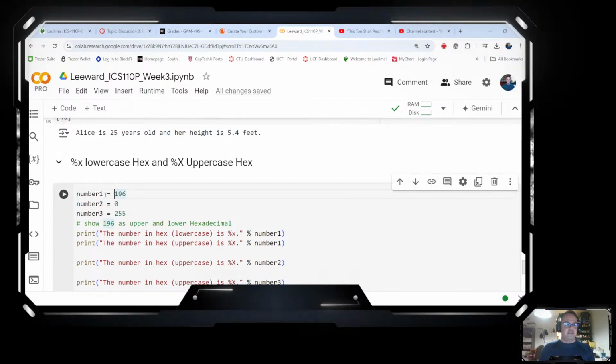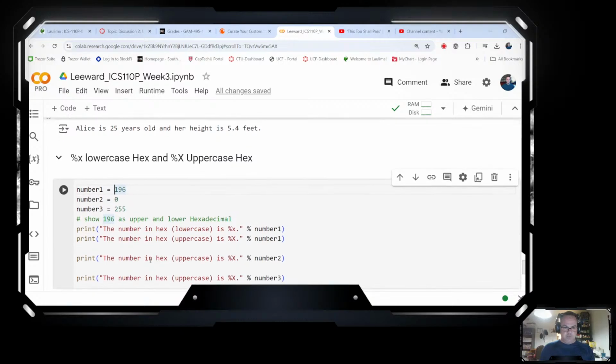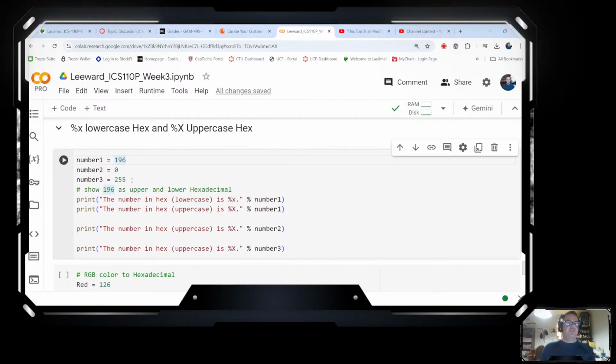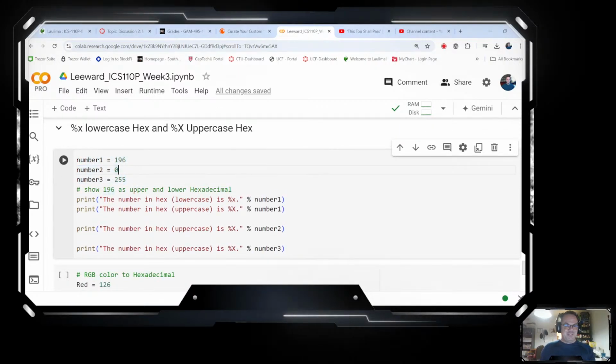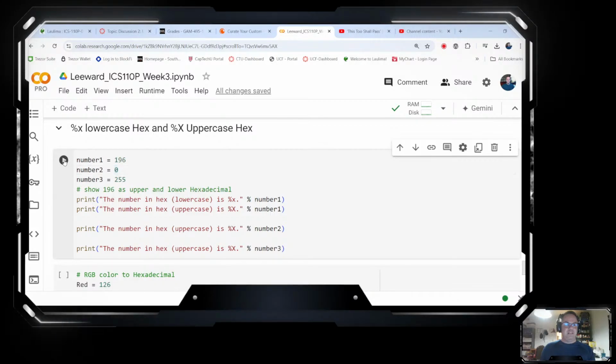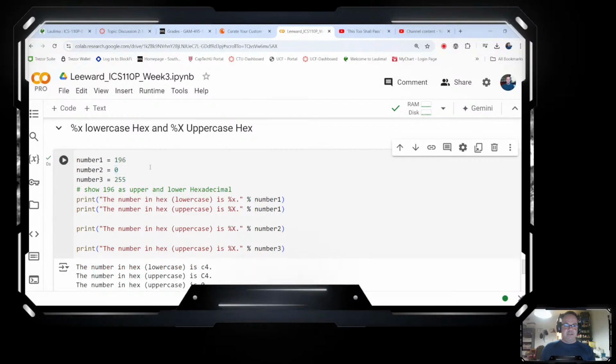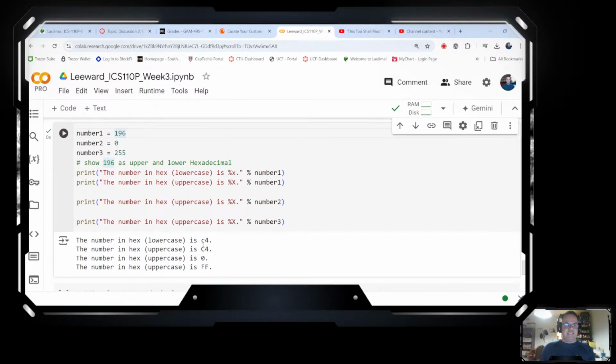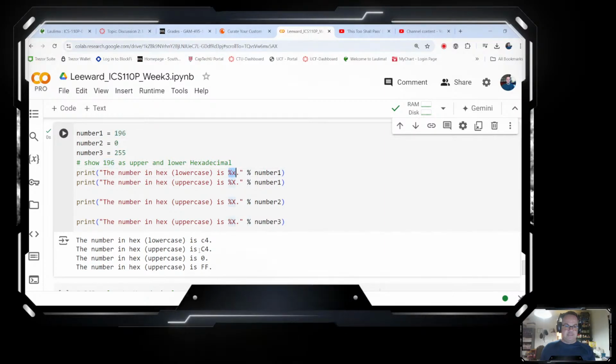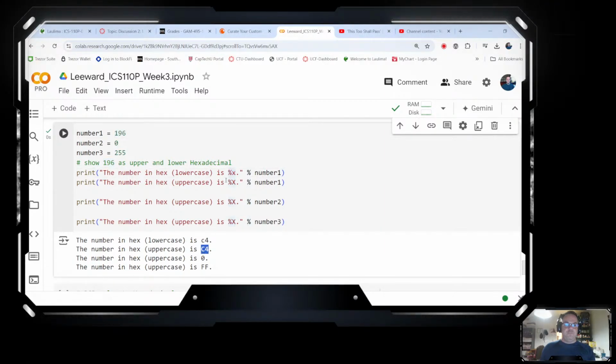So we're going to look at the next one, okay? 3 numbers. These could be RGBs, and we're just going to show them in capitals and lowercase. Got a little ahead of myself on the RGB there. So the number 196 is C4 if we use the %x, capital C4 if we use the %X, uppercase,